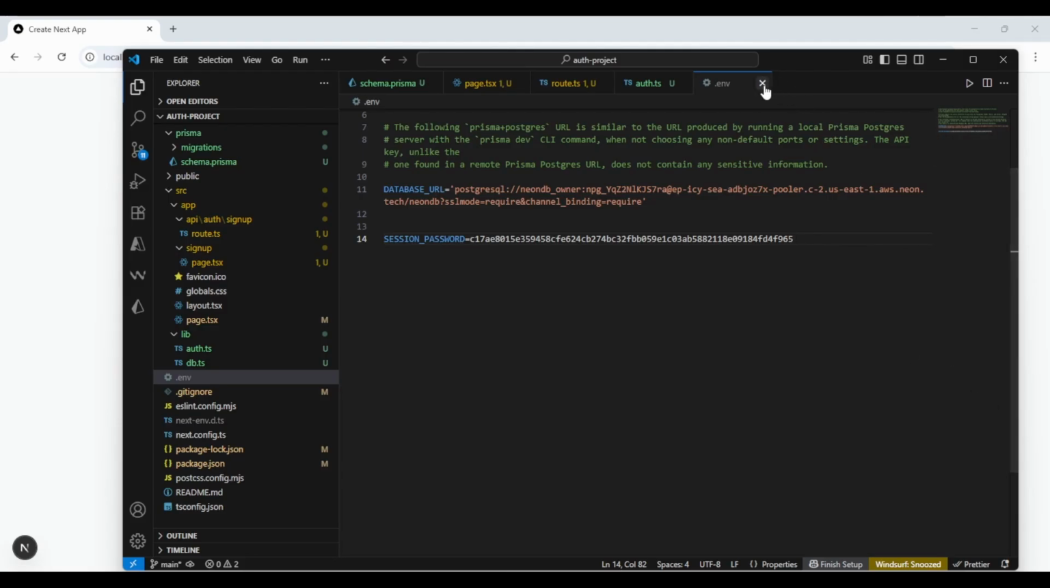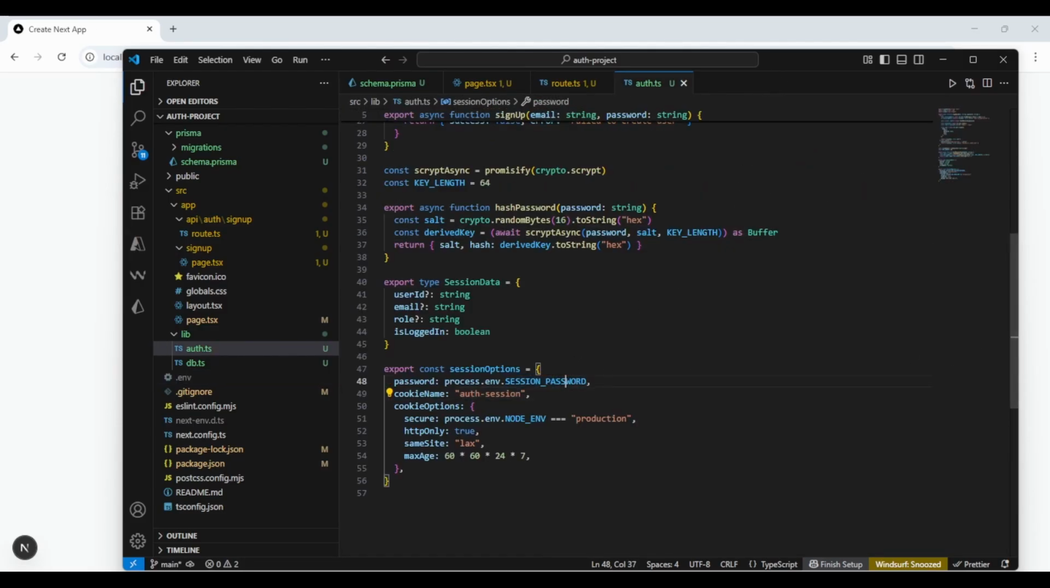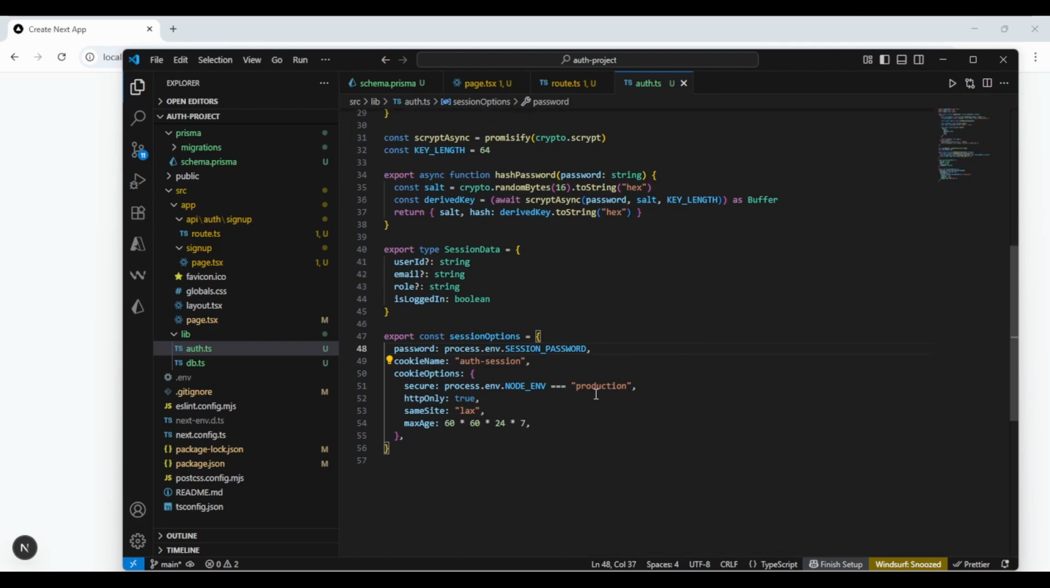Cool. And the cookie name right here basically just defines the name of the cookie and is how the browser is able to identify which cookie belongs to this app session. And then for the cookie options here, we want to make sure that